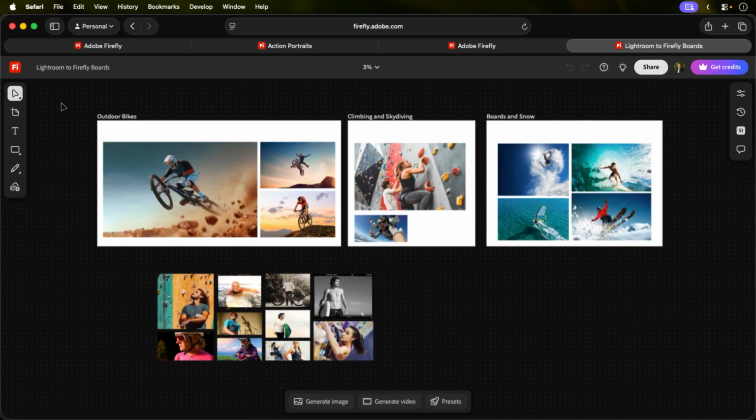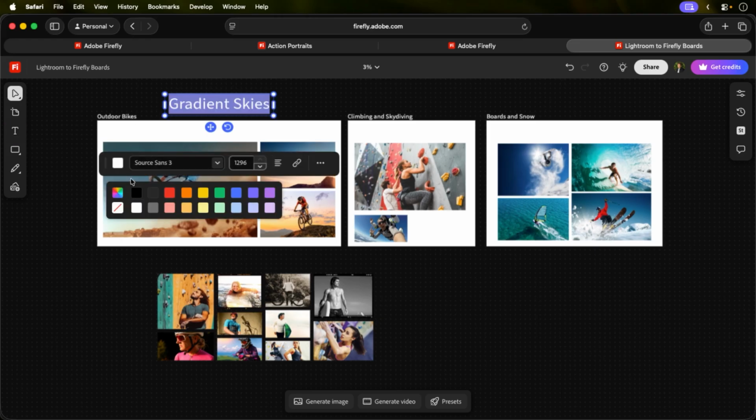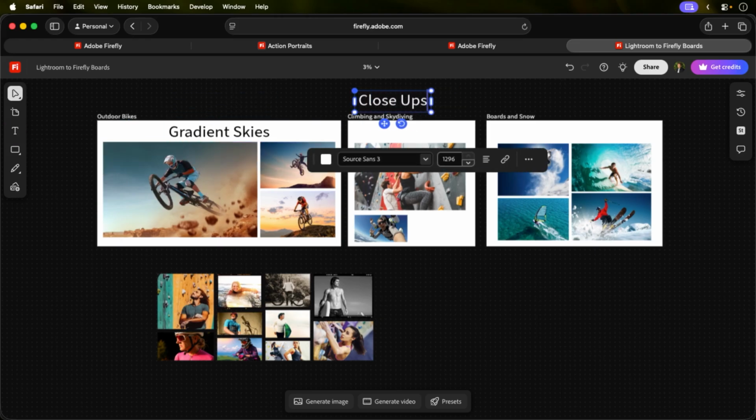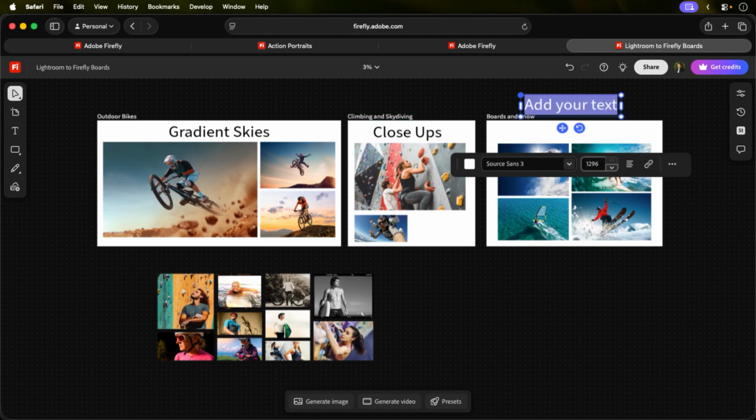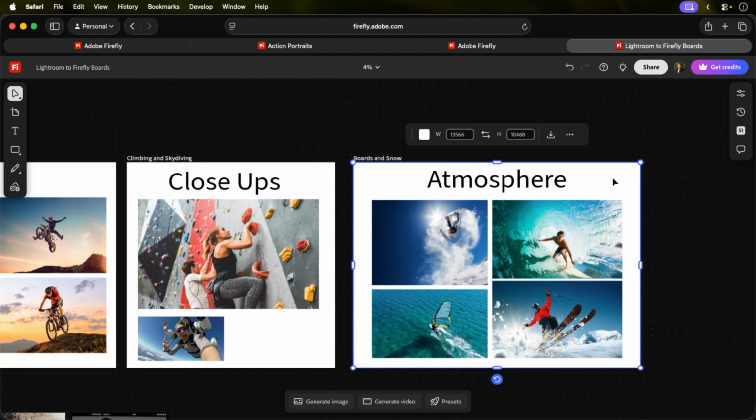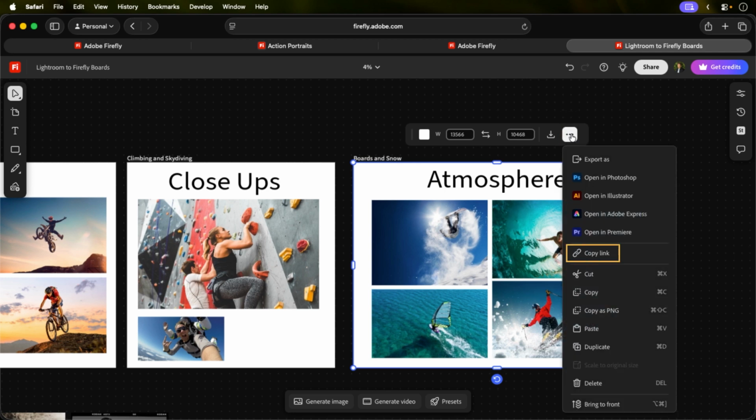If I'm sharing a mood board with someone else, I can use the text tool to add a few simple text labels. This can be especially helpful when you want to make sure a client or collaborator understands what each reference is contributing to the overall direction. You can share a board by clicking the three dots in the contextual taskbar for the artboard and choosing Copy Link,